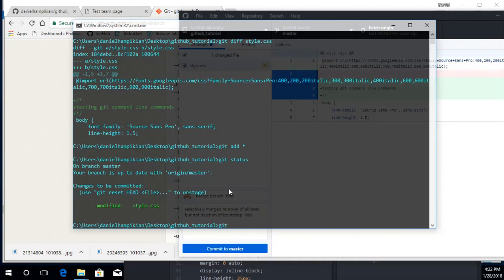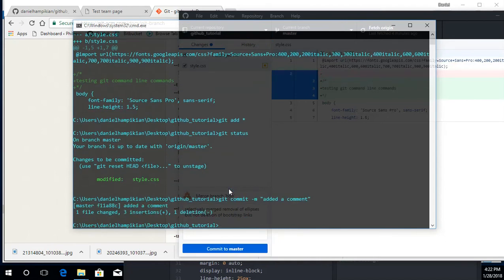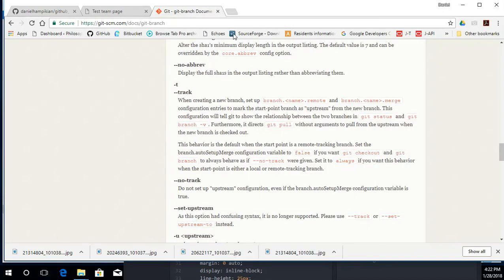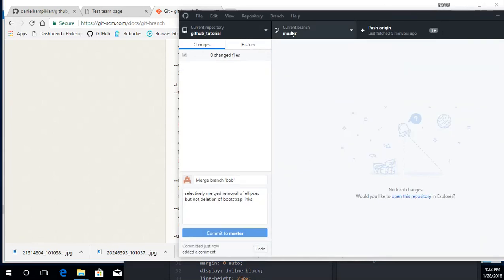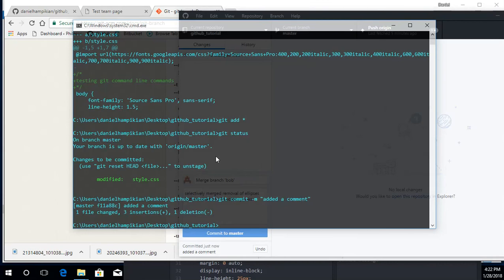So now if I do git commit, so it's not yet committed, -m added a comment, you can see that there's one file now committed. So over here in our desktop, you can see that there's no file changes to master, but it's saying, hey, because we've committed it already, you can push to origin. I'm not going to push to origin from here. I'm going to do it from the command line. So git push origin master,